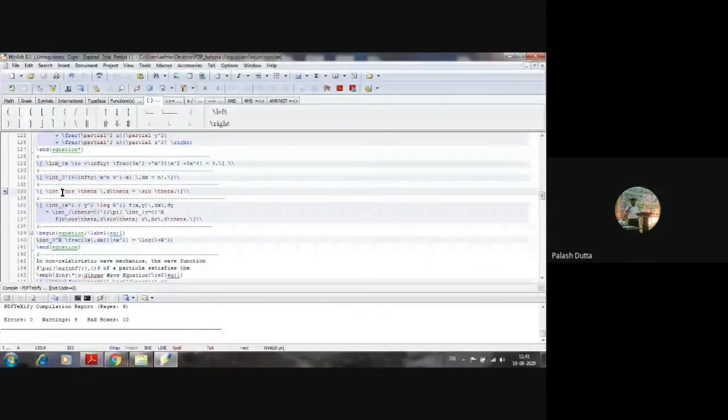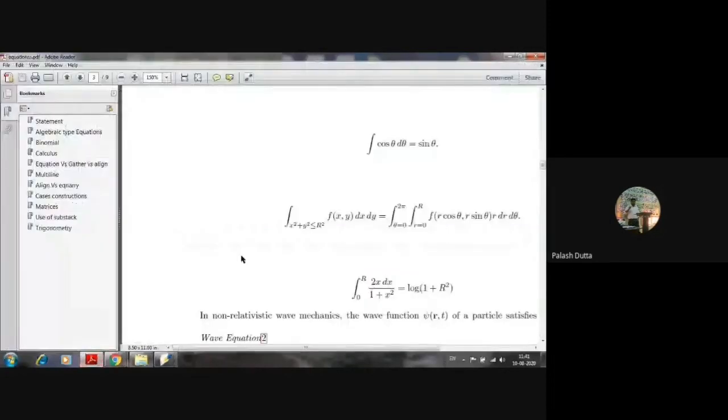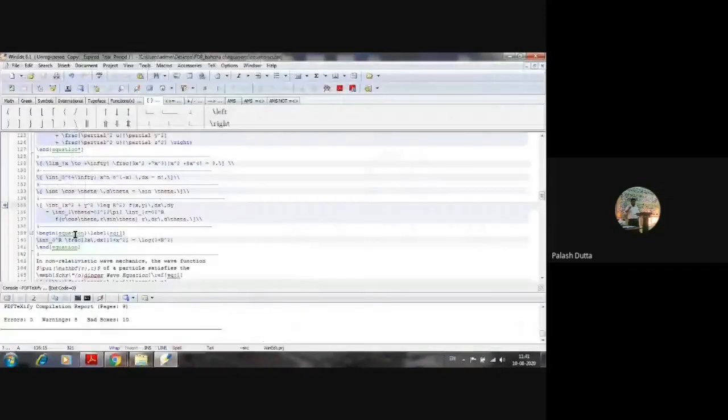So, if you write the integral over x squared plus y squared less than or equal to r squared, f of x dx dy, equal to